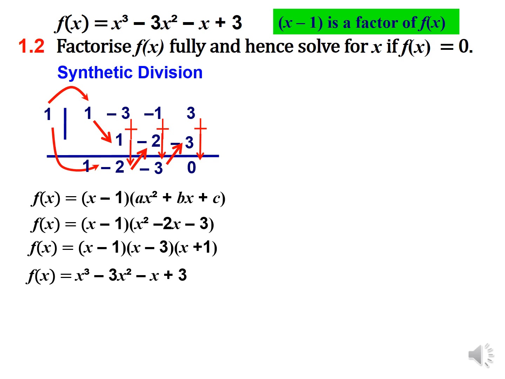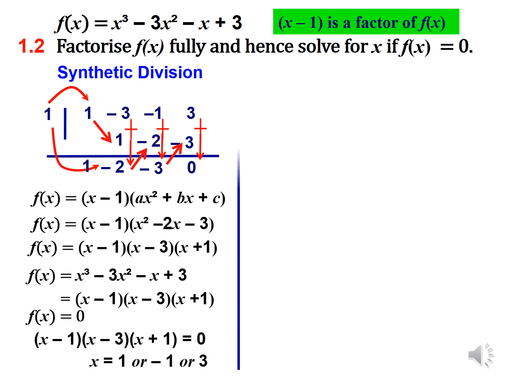We have now factorized fully. We want to solve for f of x is equal to 0. It simply means equating these three brackets to 0, and that will give us three values for x. Our division is done, synthetic division, as a method of factorization. I must highlight that